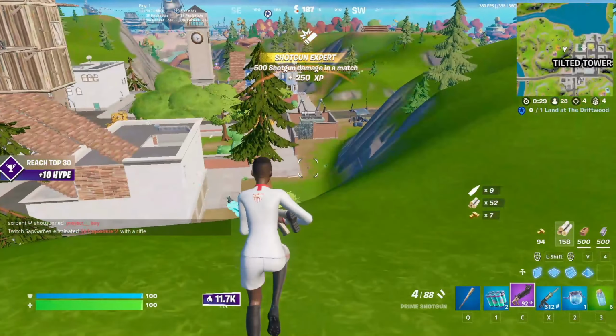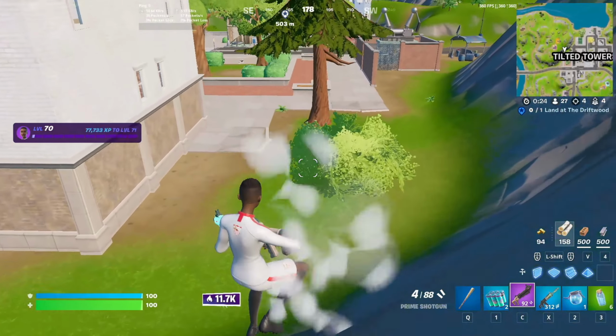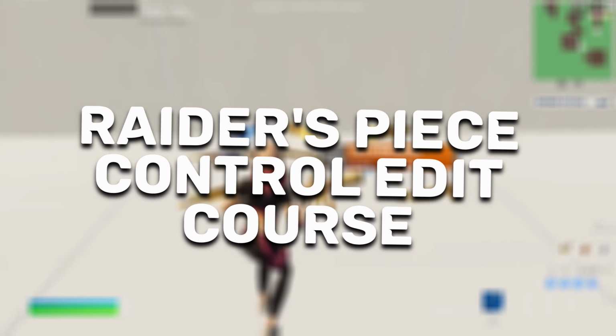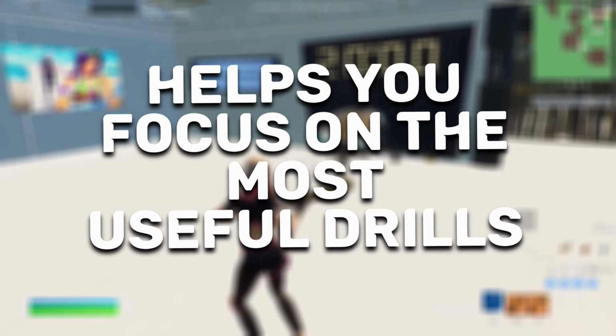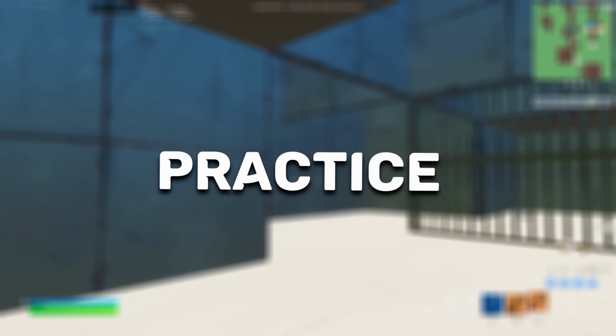Now, in terms of the best practice map, this is a little bit different than the drill map because this is where you're actually applying your piece control in a fast-paced setting. This is going to be, once again, Raiders Piece Control Edit Course. Now, what I think is really good about this map is that it helps you focus on the most used drills that you're going to be using for in-game and real-game fighting. This is going to help you practice it and improve those drills and learn how to use them at a